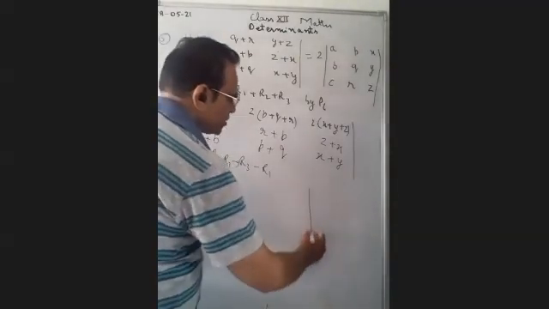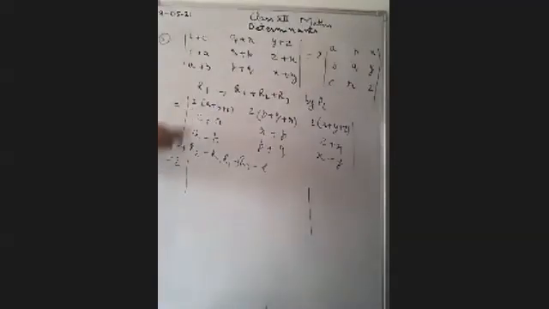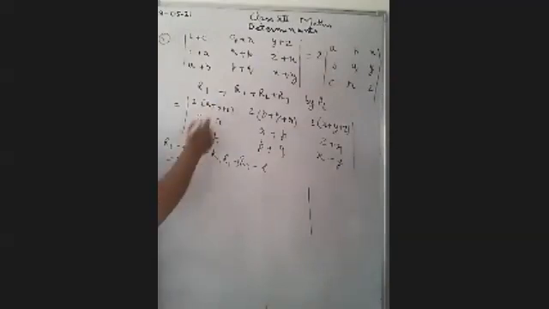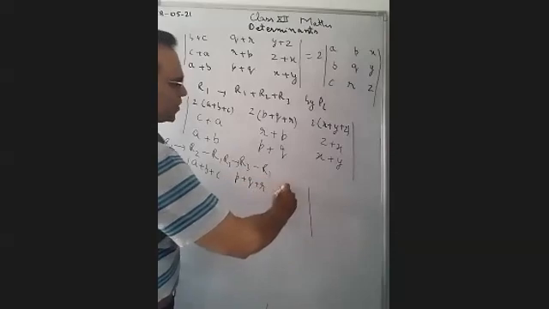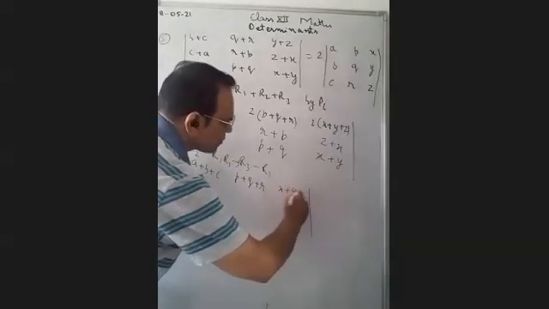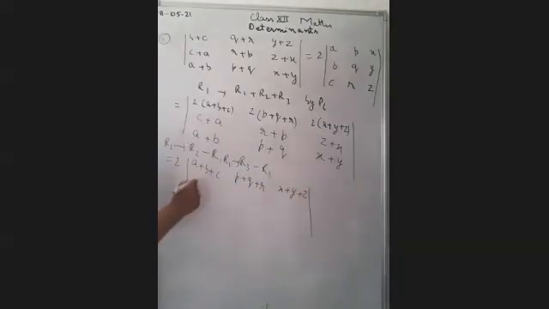In the next step, we are doing this one. Because of the shortage of space, I have done both works in one step. First of all, you have to take 2 common in the first row. After that, you have to operate this one. So R2 minus R1, then it is A plus B plus C, this is P plus Q plus R, this is X plus Y plus Z. If we subtract R2 minus R1, what will be?